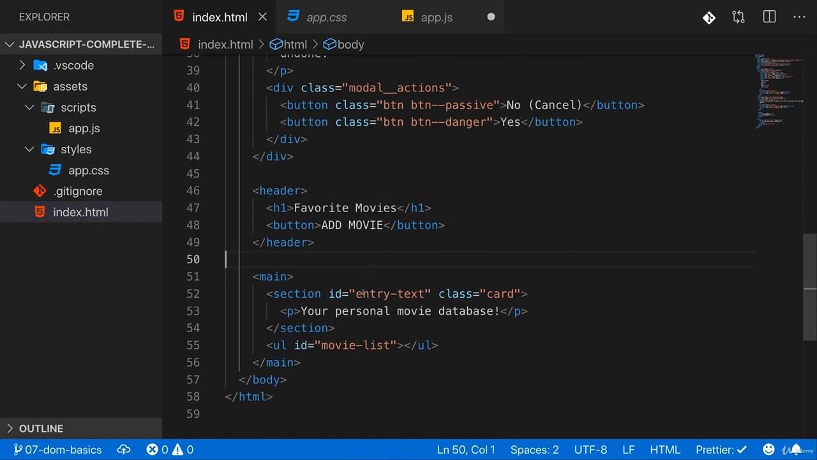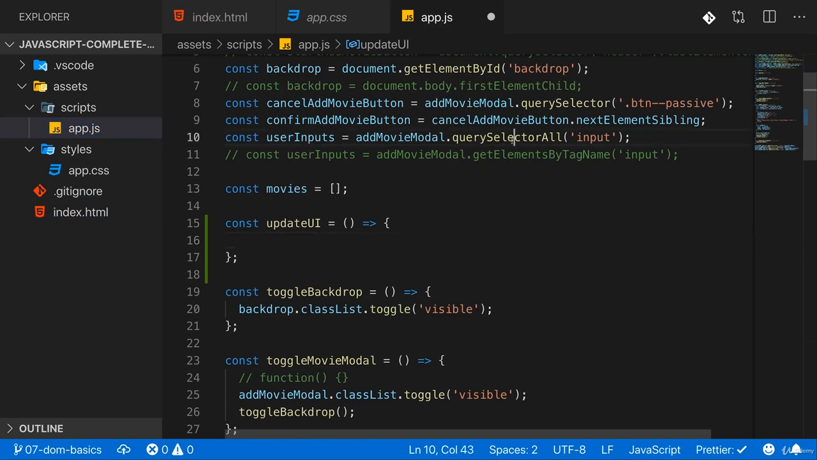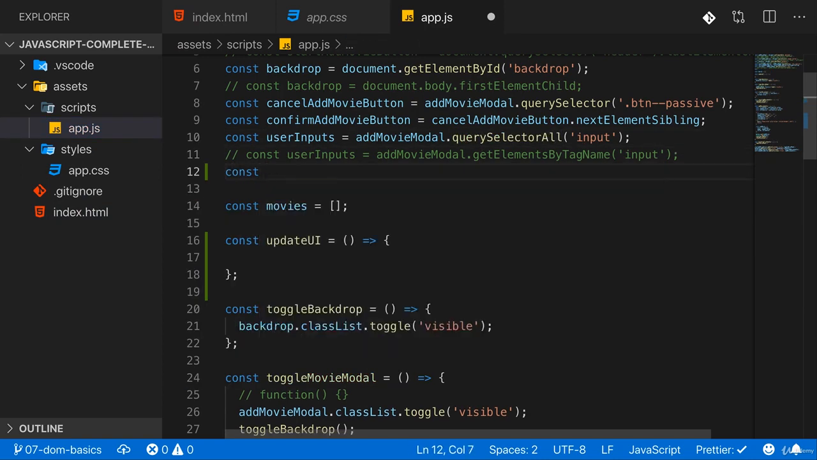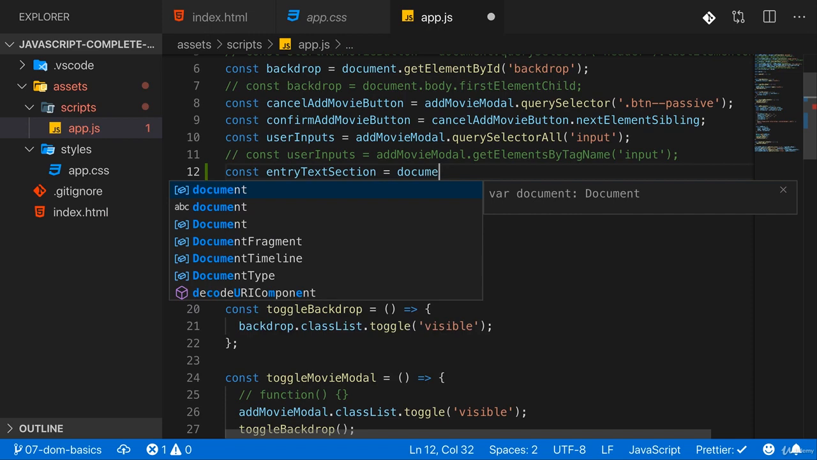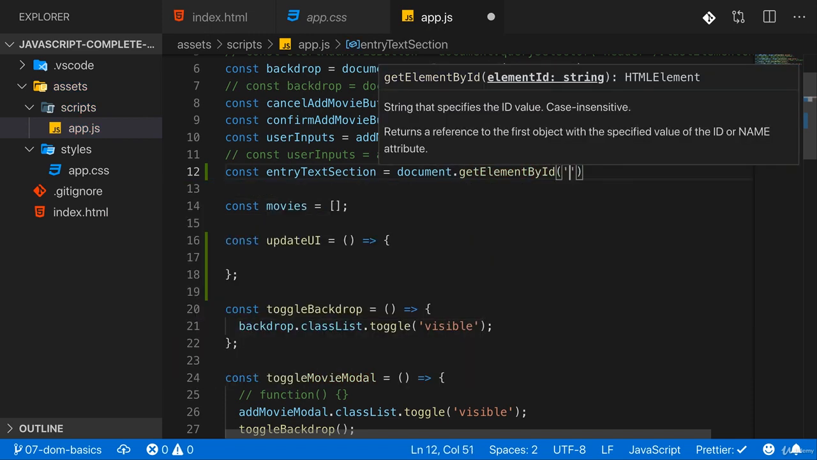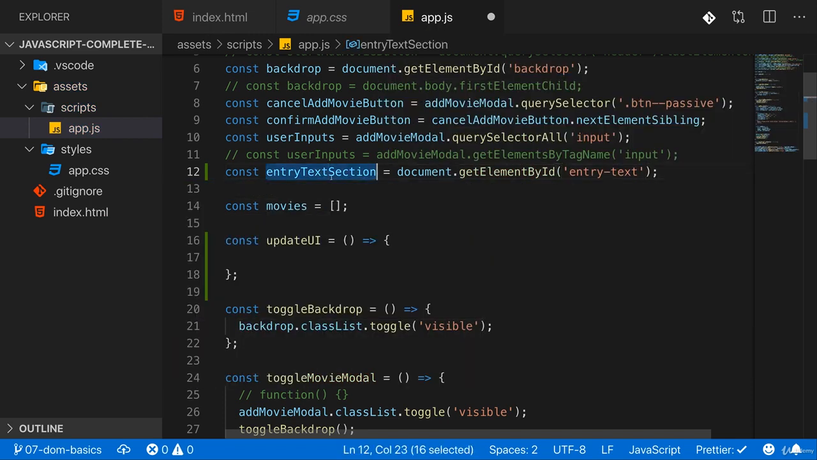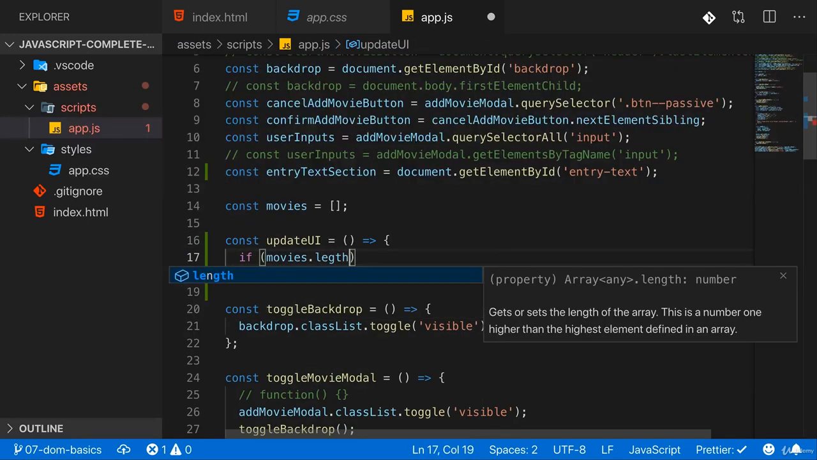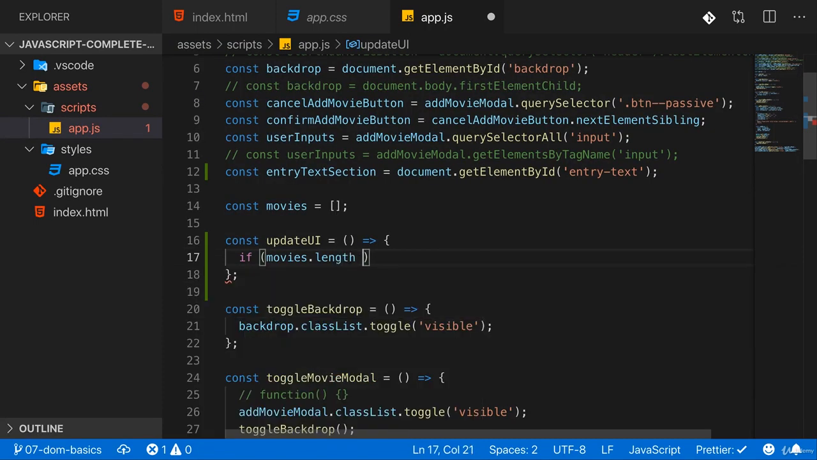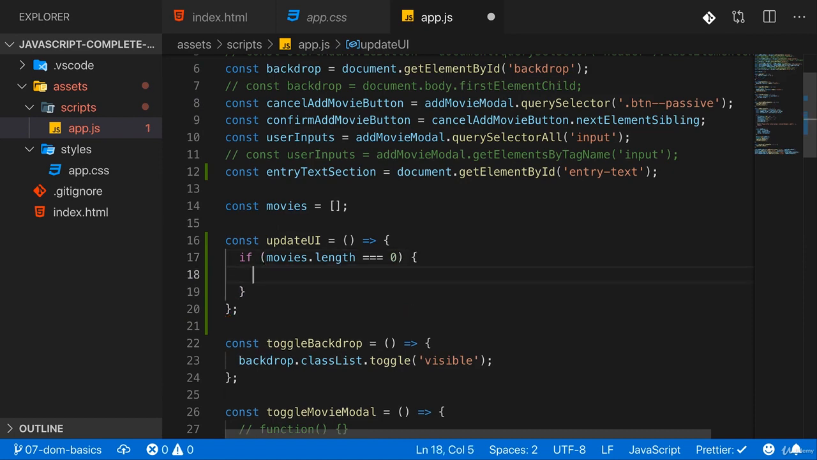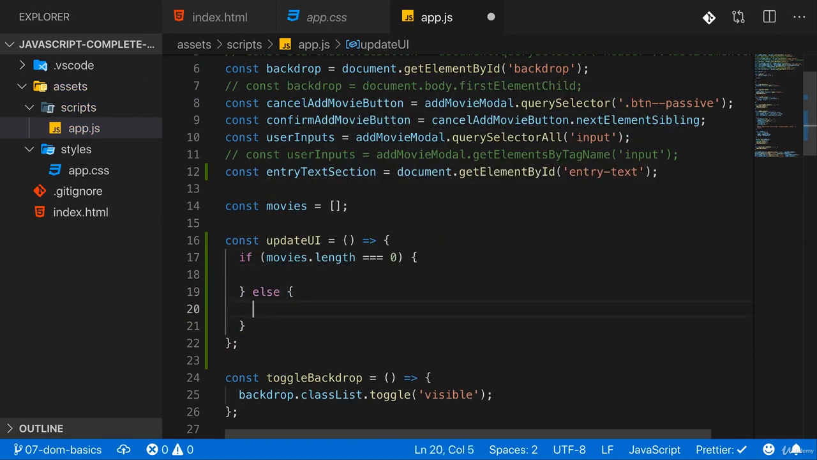So we'll need access to that section. Conveniently, it has an ID by which we could select it. So therefore, in app.js, we can add a new constant here, entryTextSection, or whatever you want to name it, and use document.getElementById and use that ID here to get access to that entire section. And then here I'll add a check and check if movies.length is equal to 0, so if it's empty, then I want to show it,